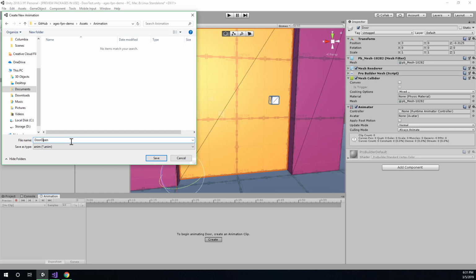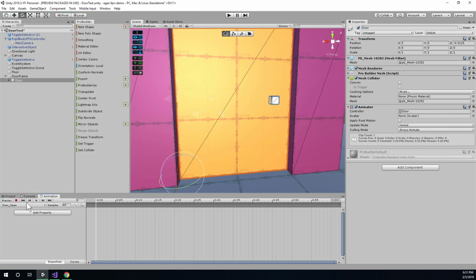I suppose if you wanted, maybe you could do something like this, door, so it's like this is the object, and then we could use Pascal case to do open and close or whatever. Describe your animation like that. Either one of these is viable. Just be consistent on how you do it. So I'll go with door underscore open for now, and so we can save this animation. And so now you can see in the animation window here we have the door open animation that we're editing